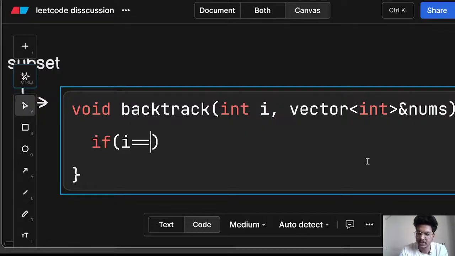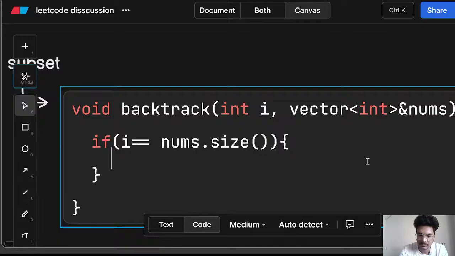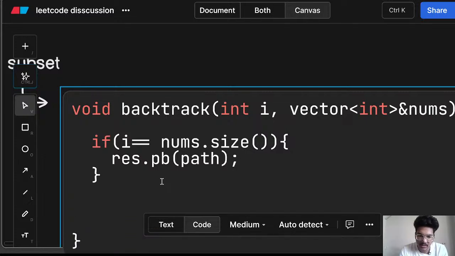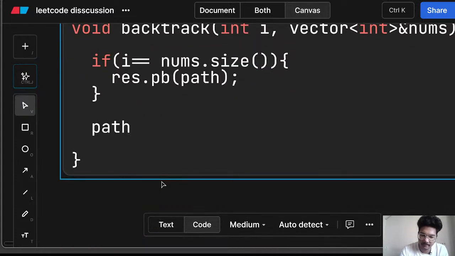What if I reach nums dot size? In this case, we have to push the current path into the final result vector with all the possible combinations. Otherwise, we have to simply